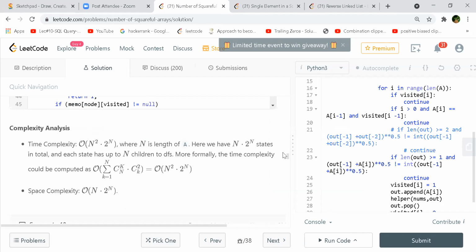Okay, so then n square is because we put every pair in the adjacency list in the beginning, but aren't those steps one after the other? Why is it multiplied? No, for every element, whatever we are generating, for that we'll have 2 raised to power n branches, right?